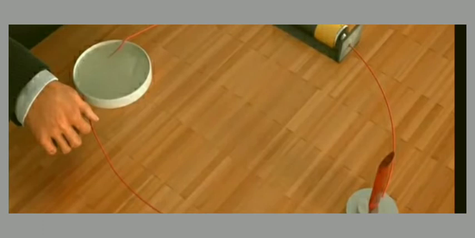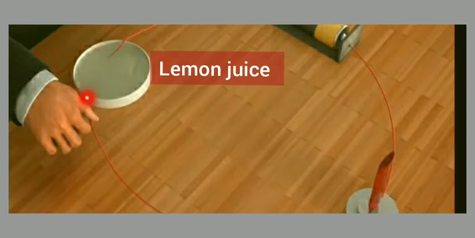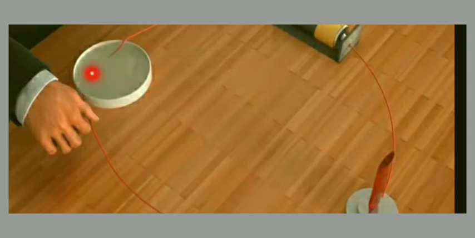Take a plastic or a rubber cap of a discarded bottle and clean it. Pour 1 teaspoon of lemon juice in the cap and bring this tester over this cap and let the ends of the tester dip into the lemon juice. And we observe that the bulb of the tester is glowing. So from this activity we can say that liquids also conduct electricity.